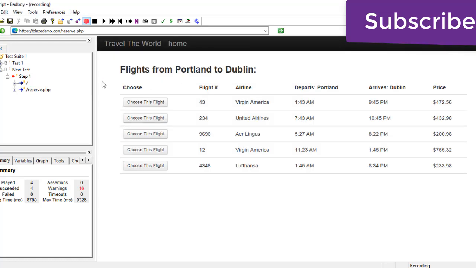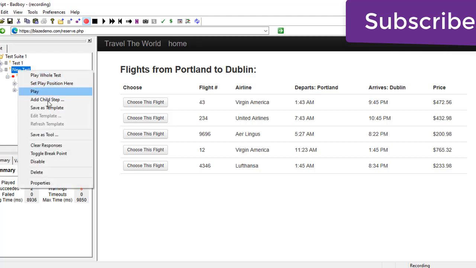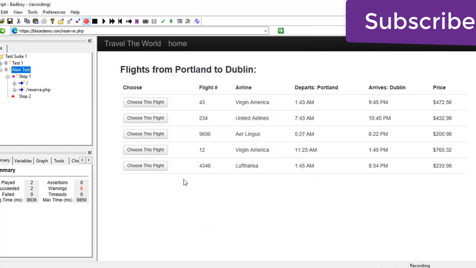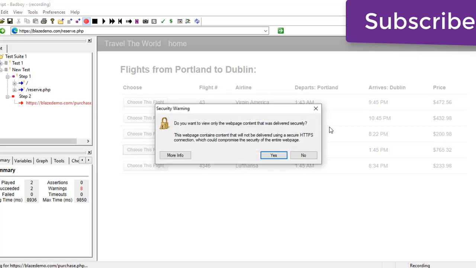I have created a test, and we can create child steps for each step. So this is step 2. We can modify it here, or you can modify it in JMeter also, no issue. See, this is a test. Under step 1 I open the home page and select the flights from the departure and destination locations, and in step 2 I am going to choose the flight. It will be recorded under that step 2. You got my point, I think.